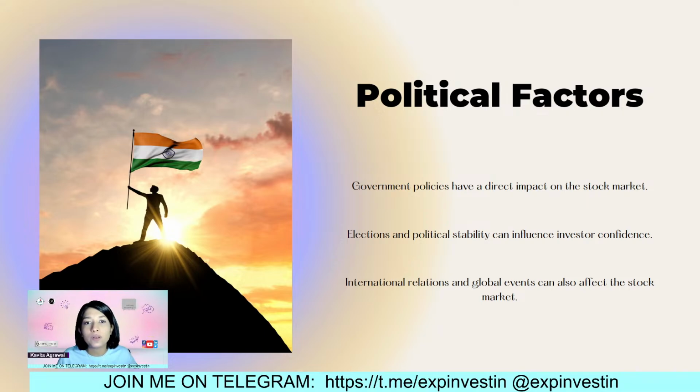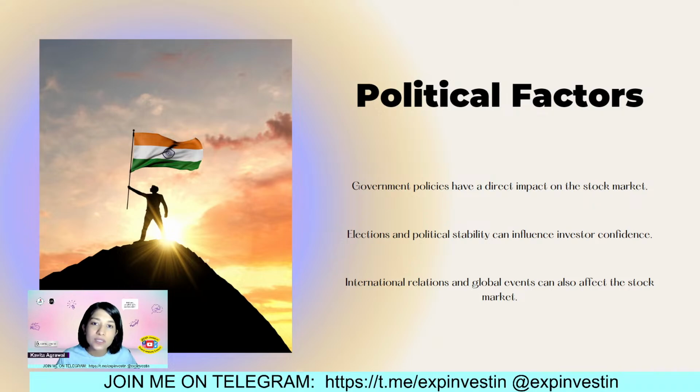Another favorable impact is when the government starts giving tax subsidies to businesses, or starts giving tax cuts, brings about regulatory reforms, or starts giving out more and more incentive schemes for increasing manufacturing or quality of services or quality of goods. That is another very positive element which affects or propels new momentum trades in the market.